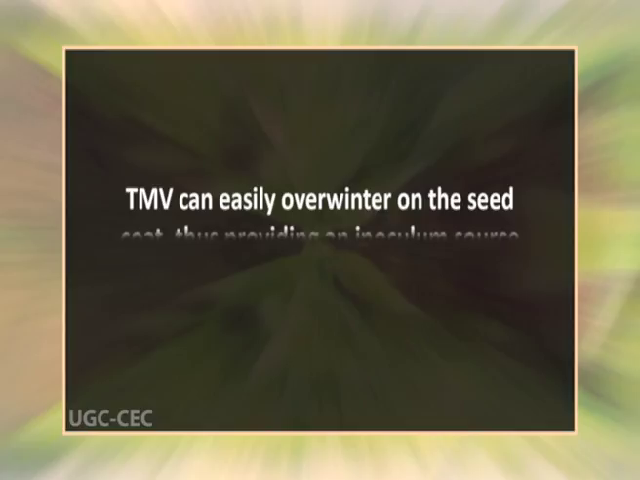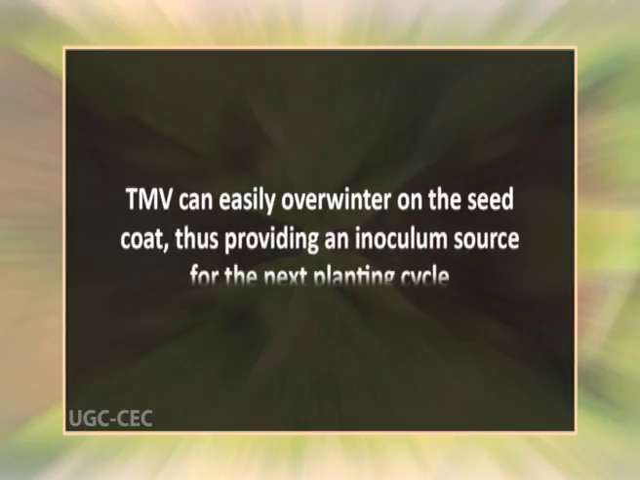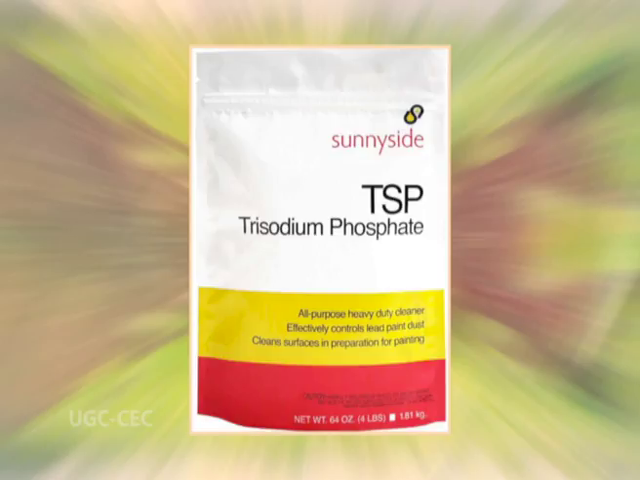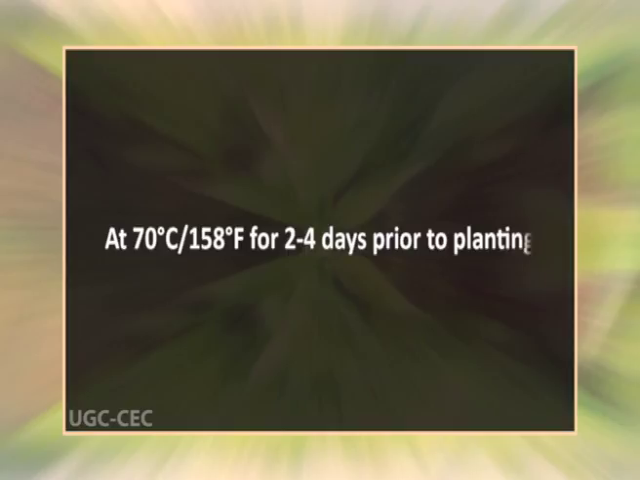Tobacco mosaic virus can easily overwinter on the seed coat, thus providing an inoculum source for the next planting cycle. Therefore, it is important to treat tobacco mosaic virus contaminated tobacco seed with a 10% solution of trisodium phosphate for 15 minutes. Alternatively, tomato seed contaminated with tobacco mosaic virus can be incubated at 70 degrees Celsius for 2 to 4 days prior to planting. Both treatments will inactivate the virus that's on the seed coat, but should have little negative effect